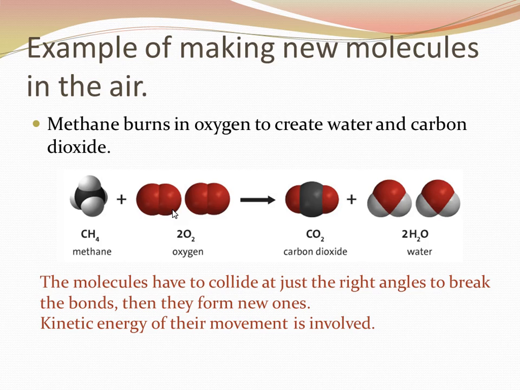Think about a car crash. If you have a little fender bender where you bump into someone in the parking lot, the force of the impact is not as great. So you may just dent their bumper a little bit. However, if you're moving faster and you clip their bumper, you may rip the bumper off. So speed and the kinetic energy involved in their movement has an effect on whether or not these molecules are going to come apart. Once they come apart, they are going to rearrange and form new substances.